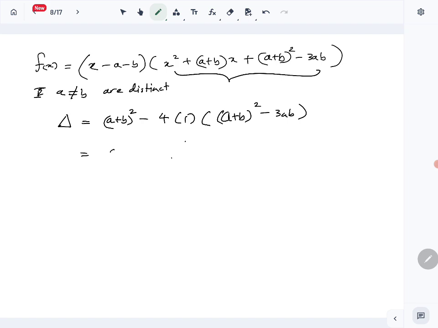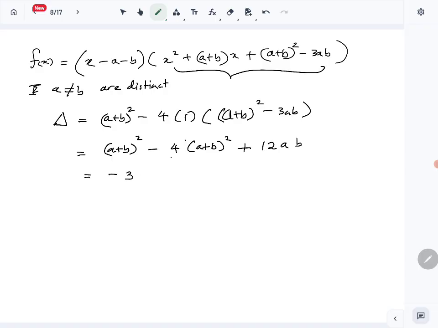So this turns into (a + b)² − 4(a + b)² + 12ab, right? So this turns into −3(a + b)² + 12ab,